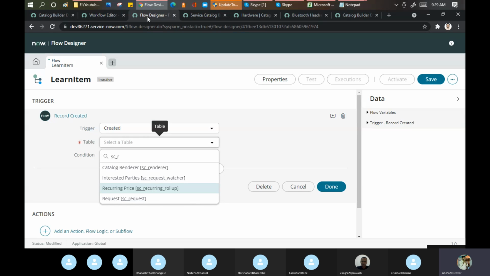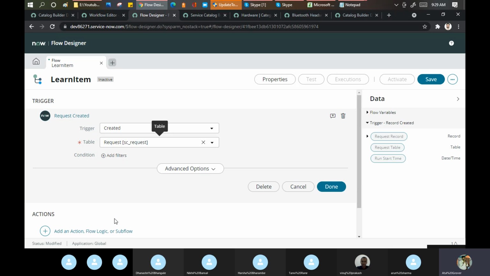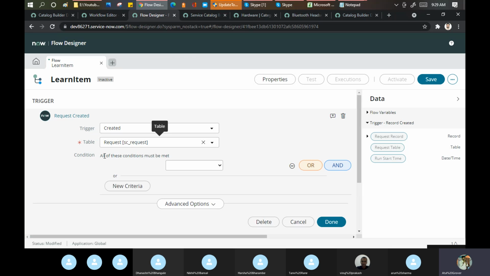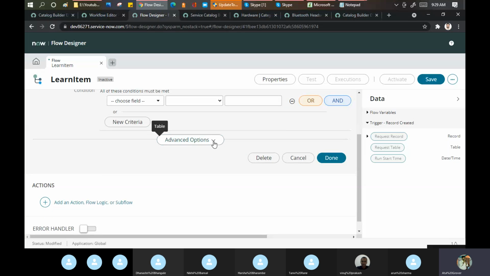Where is the first time a record has been created? I said in this. Okay, click. Do you want to put any condition here, any filter here? Which type of records you want to handle? I said I don't want to handle any record here. Let it be like this only. Okay. Any advanced option?